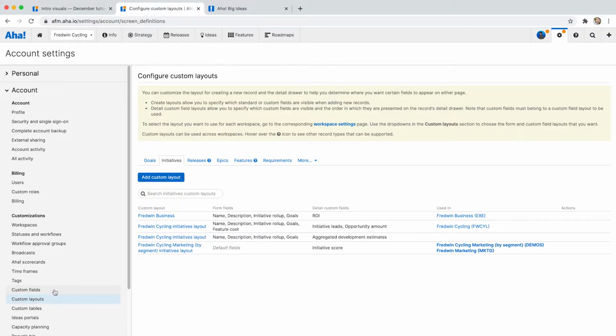First, custom fields get created by an admin. They get applied to custom layouts right here, also by an admin, what we're doing today. And then custom layouts get applied by individual workspace owners to their specific workspaces. So a workspace owner can decide which record layout should be applied to the records in the workspace. I'll show you this towards the end of the tutorial. But that means that what we're talking about today is an opportunity for collaboration between account administrators and workspace owners